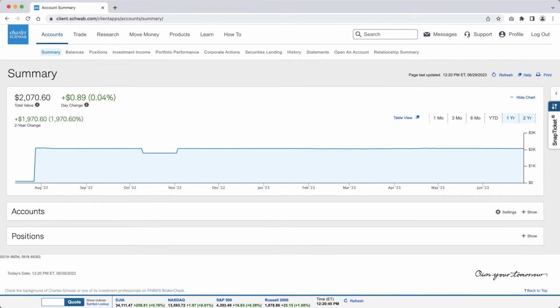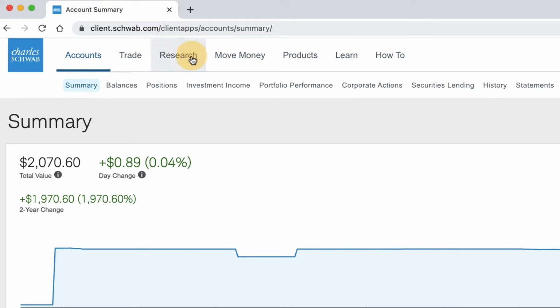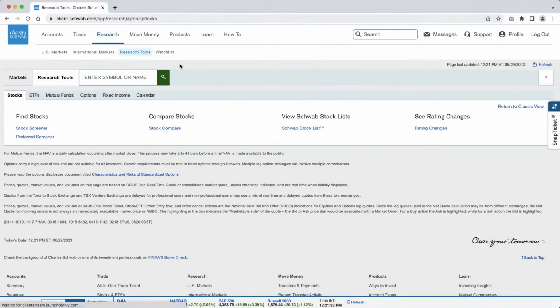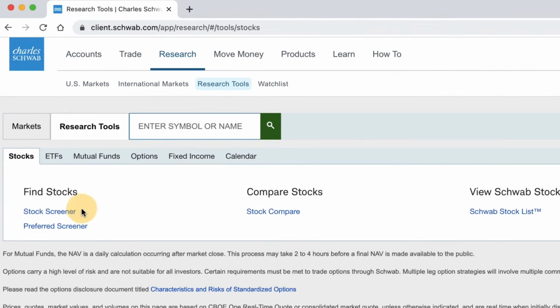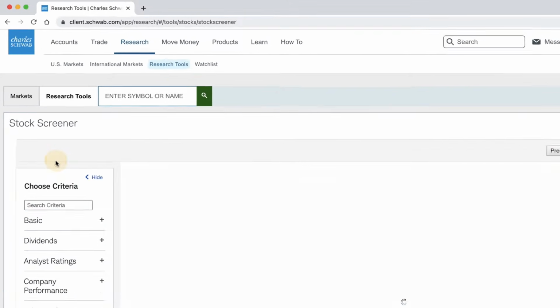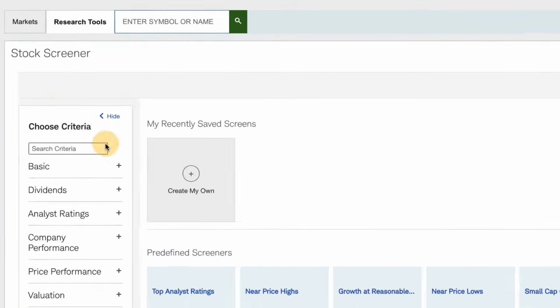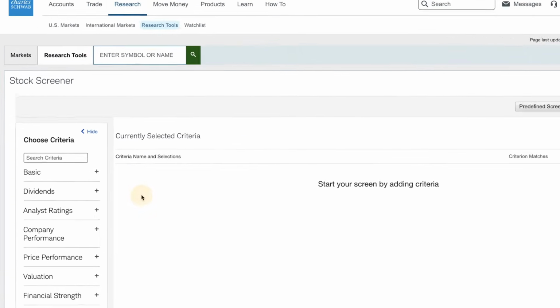Here on Schwab.com, we find ourselves on the home page on the account summary page. We're going to navigate up to research. Then under research tools, I'll select stocks. Now I'm on the stocks tab within the research tools tab, and under find stocks, I'm going to click stock screener. Now under my recently saved screens, I'm going to select create my own, where we can create a screen